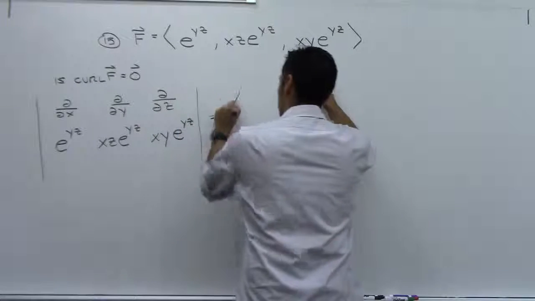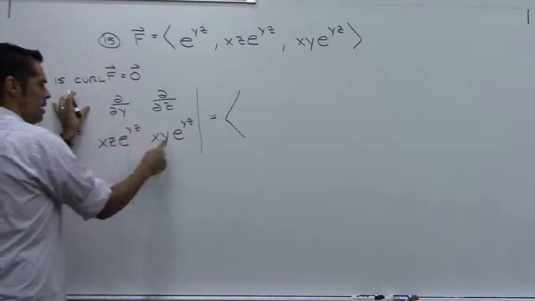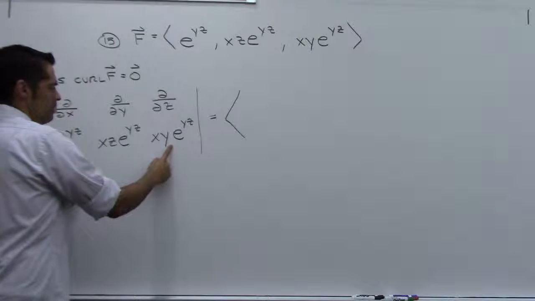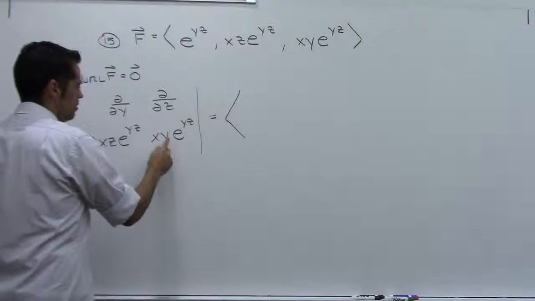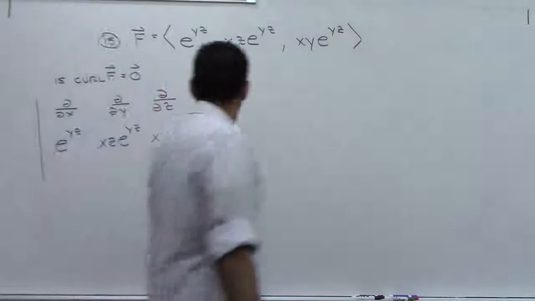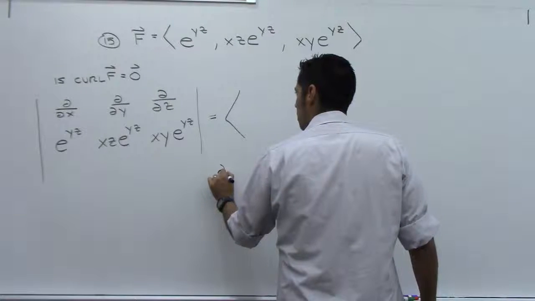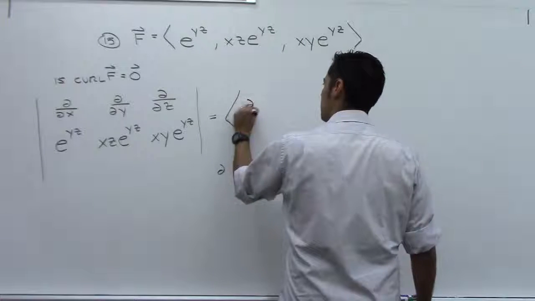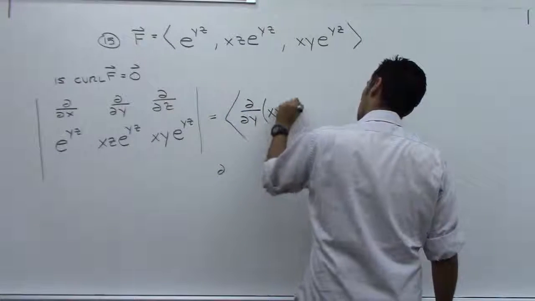So covering up here, partial with respect to y of this, we have some product rule in there. So we have to do a product rule right there. Let me do that right below it. What is the partial with respect to y of xy e to the yz